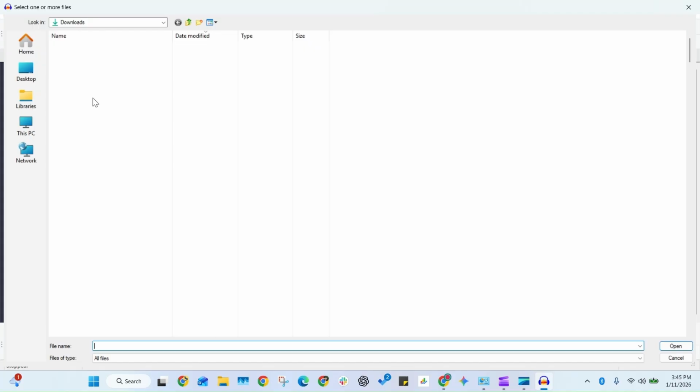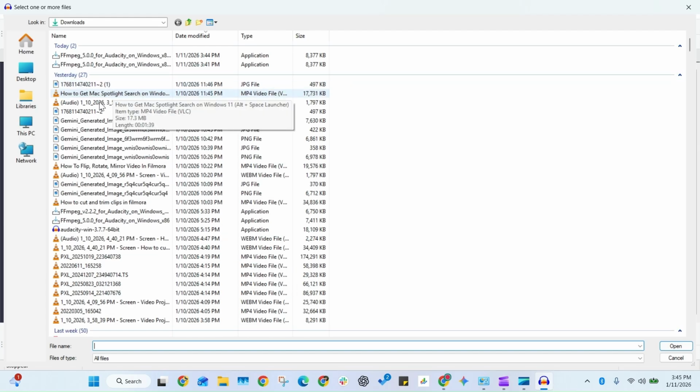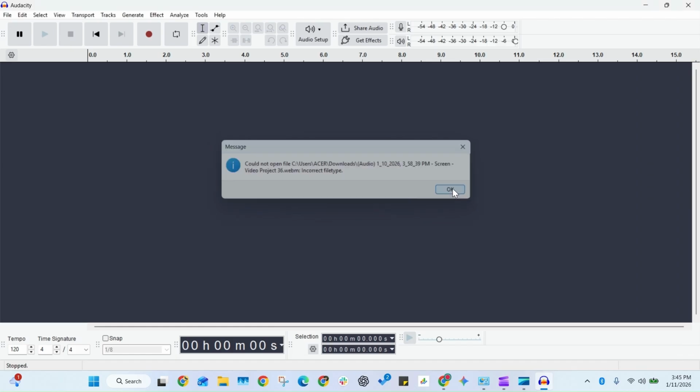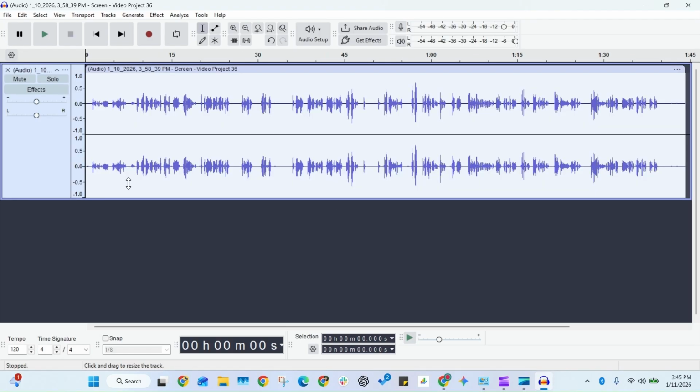Let's try to open the same file. You'll see that it managed to open that same file now. So we have correctly installed